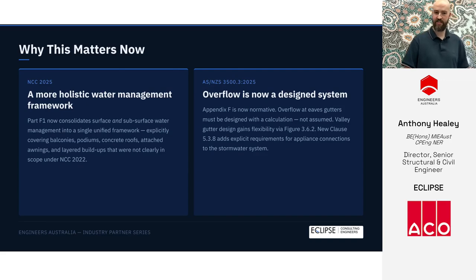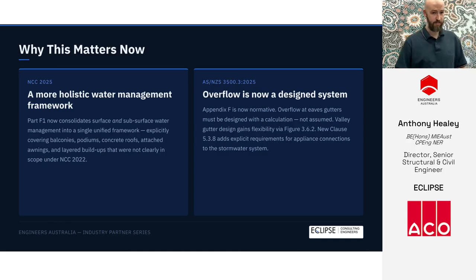So why does this matter now specifically? Because both the NCC and the primary stormwater drainage standard have been revised simultaneously, and both in ways that directly affect threshold and public space design. On the building code side, NCC 2025 consolidates what were previously 2 separate parts: Part F1 covering surface water and Part F3 covering subsurface water. It's now in a single unified water management framework. This explicitly brings balconies, podiums, concrete roofs, attached awnings, and layered build-ups into scope more clearly than the current 2022 edition. On the standard side,